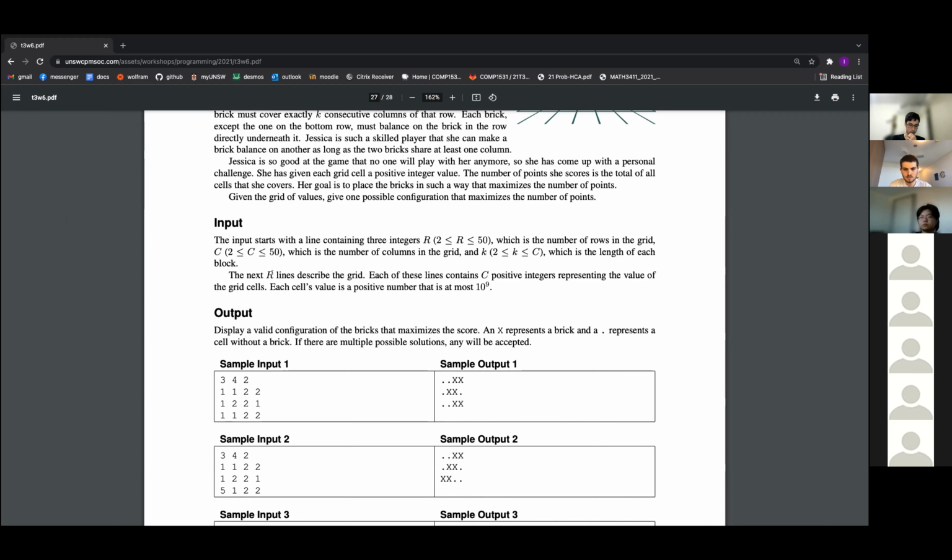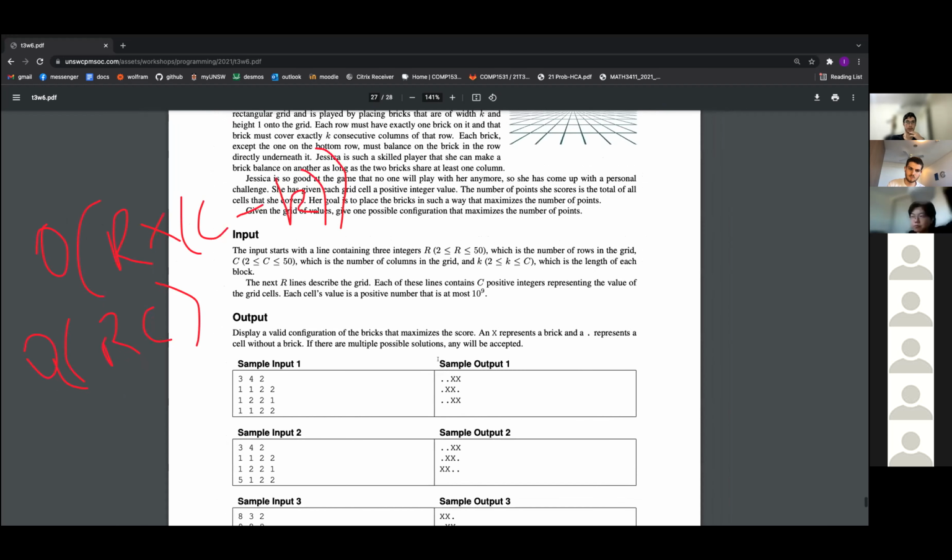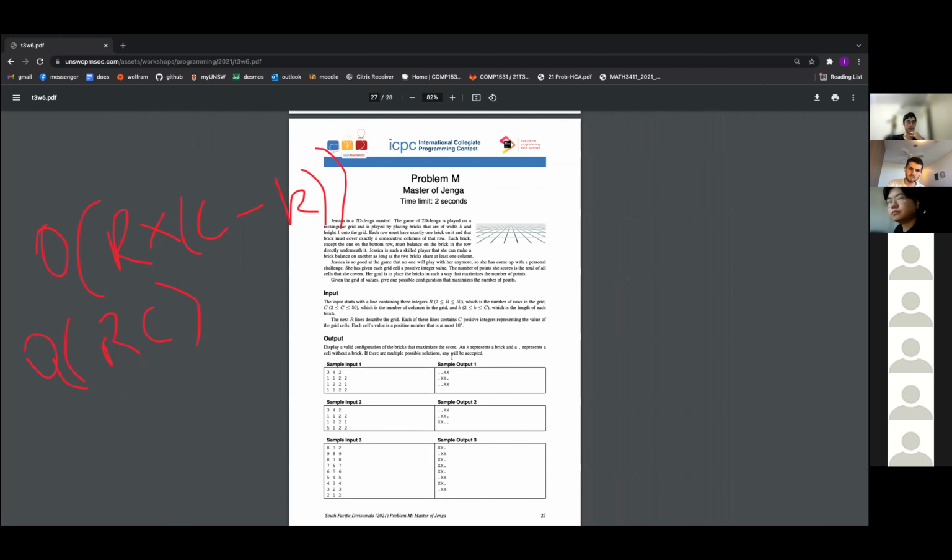Time complexity of this DP, order R times (C minus K), and I guess that is order RC. And so that is the number of states.